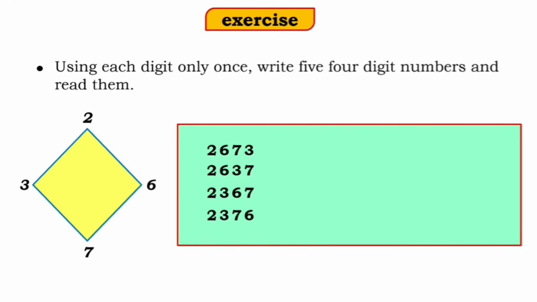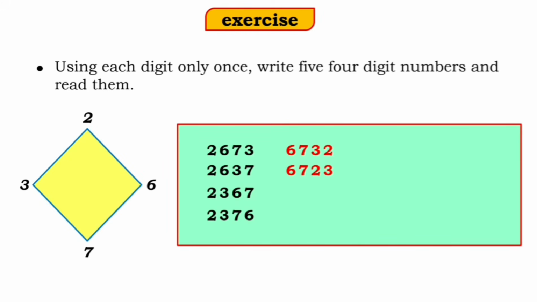2376. Now let us take this 6 in the thousands place. So the number will be 6, 7, 3 and 2. That is 6732. Now to form the next 4-digit number, we will interchange the tens place and the units place. So the number will be 6, 7, 2 and 3. That is